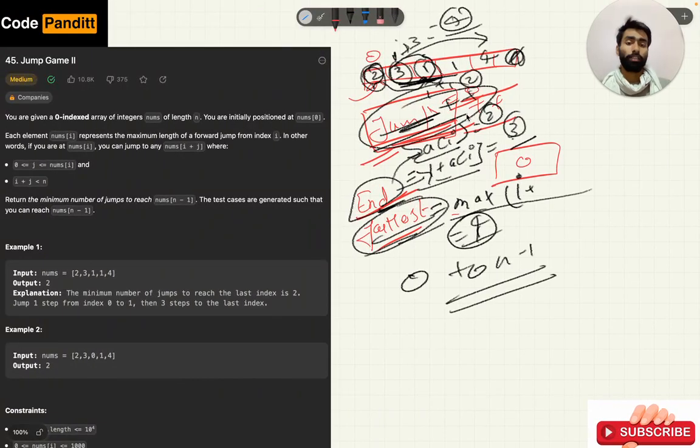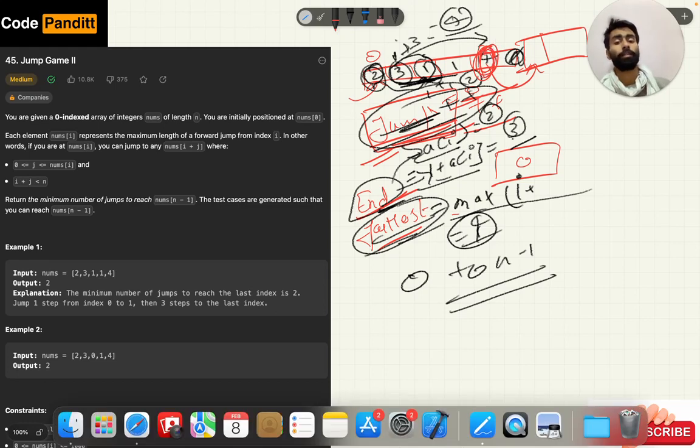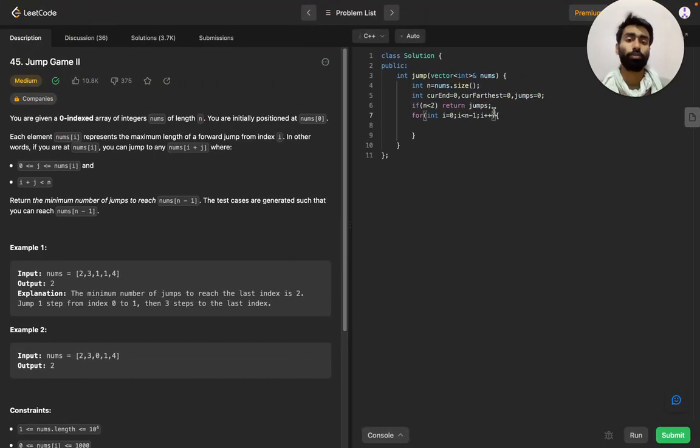If we check for the jump from here, there is no element available to go on. We have to only reach here, so we will stop here. To stop here, we will not operate on this element. That's why n minus 1 jumps, that is from 0 to n minus 2. So that's why i less than n minus 1.